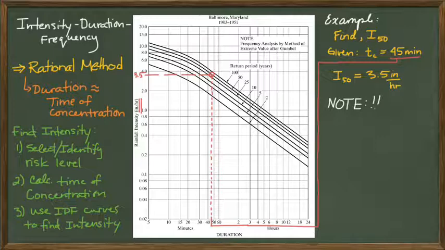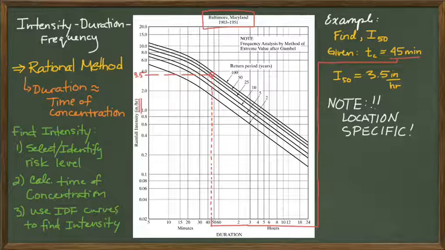So you got to be careful here. This figure cannot be used everywhere. I don't know if you noticed the top of this figure, but it is based off of data from Baltimore, Maryland, and it's based off of data, which is very handy for them to list this, from 1903 to 1951. That was what created this data. So they did the extreme value analysis on this data. And you can also notice there that the extreme value data that we have, it says here, is after Gumbel. So they didn't use Bulletin 17B to analyze this and get this data, which is fine. They're free to do that.